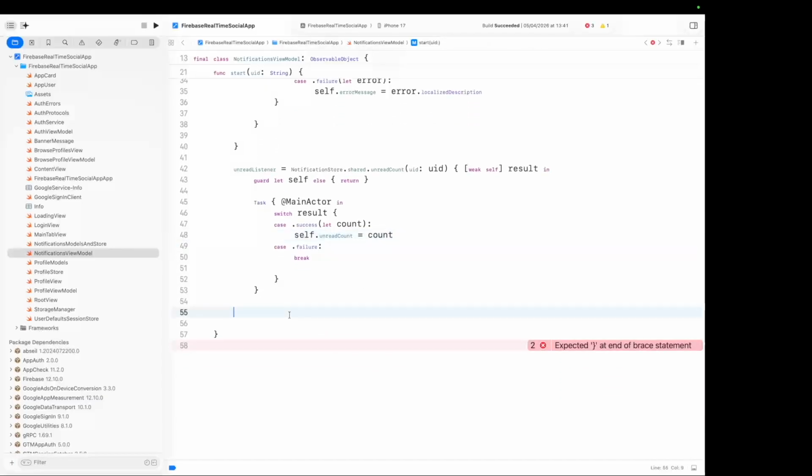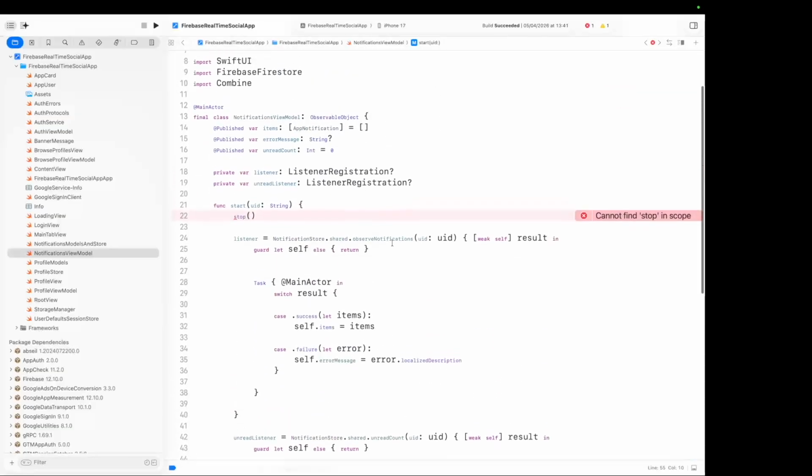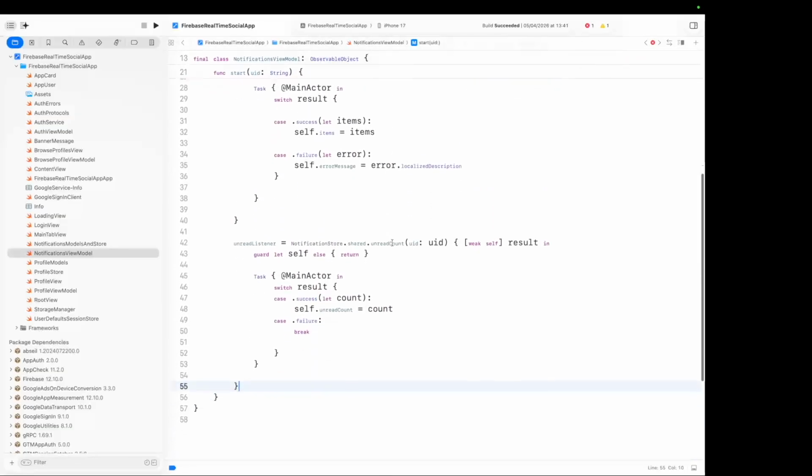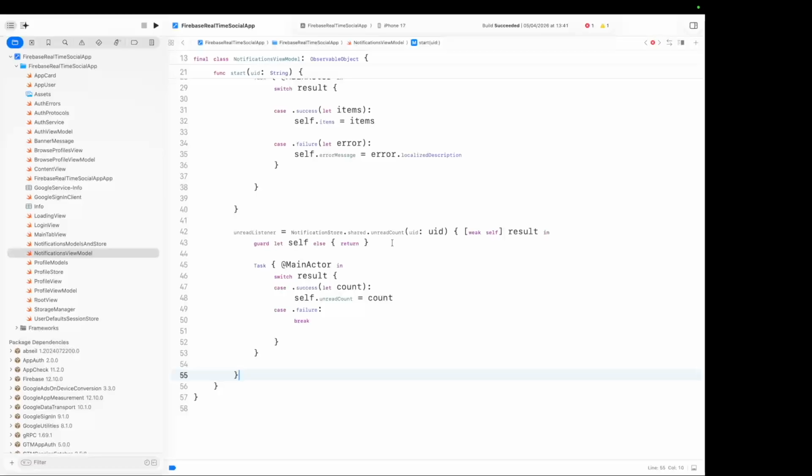We also need to append a closing bracket and also another closing bracket there. So the next function we need to create is,